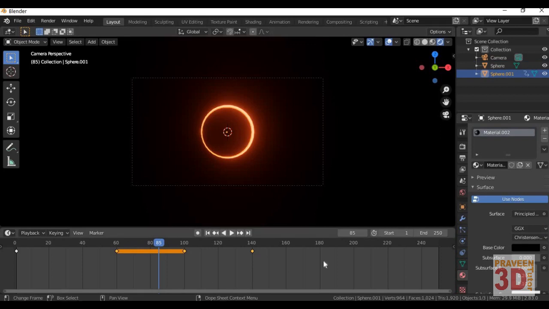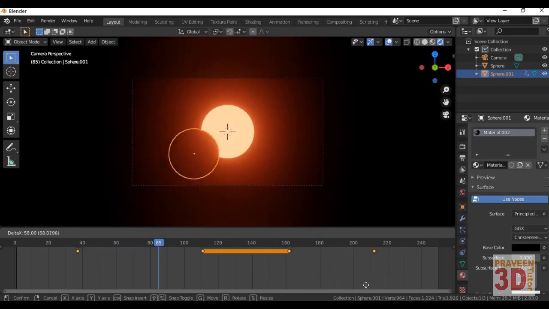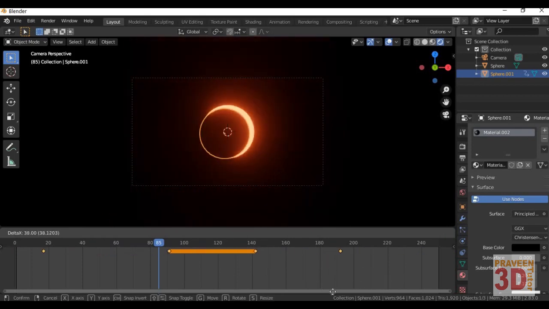You can actually, here in the timeline, you can increase the distance of the keyframes. So simply press S, and you can actually stretch out the keyframes here. So I'll just undo it once again. Select all the frames, press S and stretch it out a little bit, and you can also press G to move it forward or backward. So I'll press once again, I'll just scale it a little bit once again,